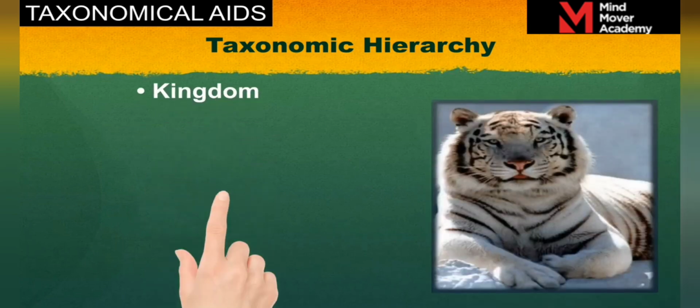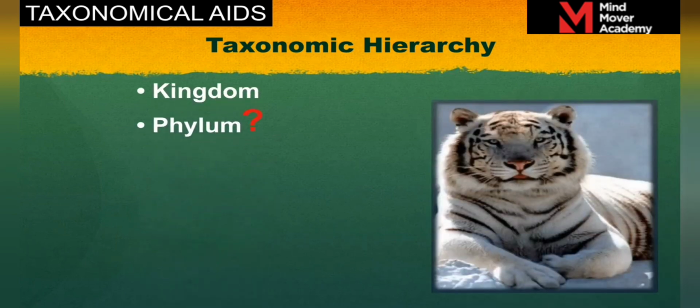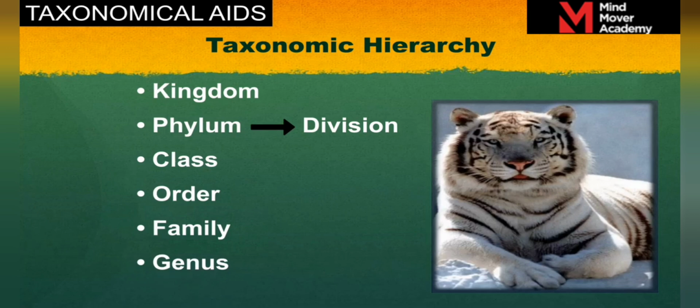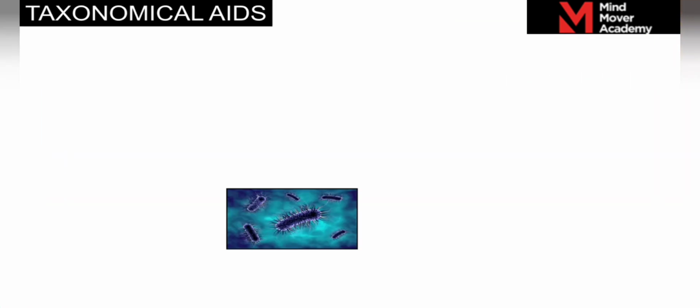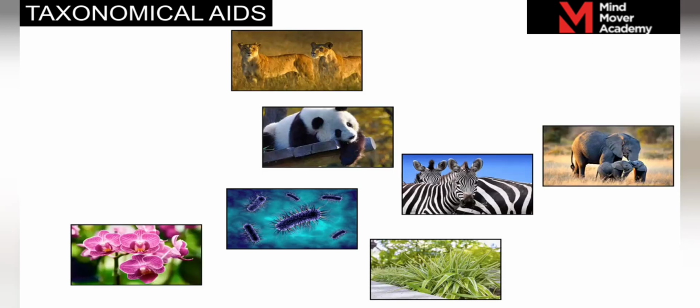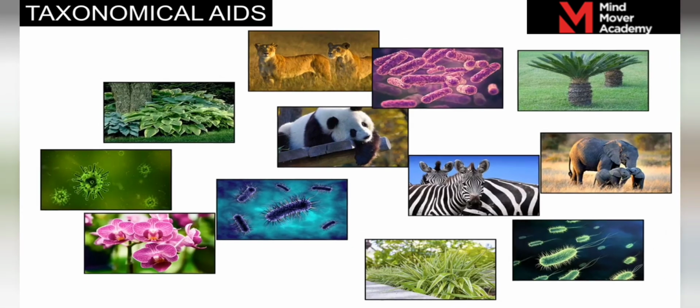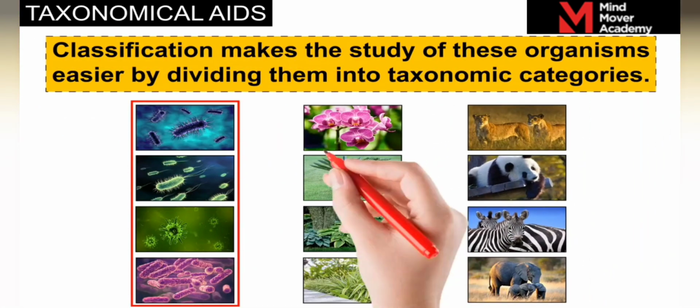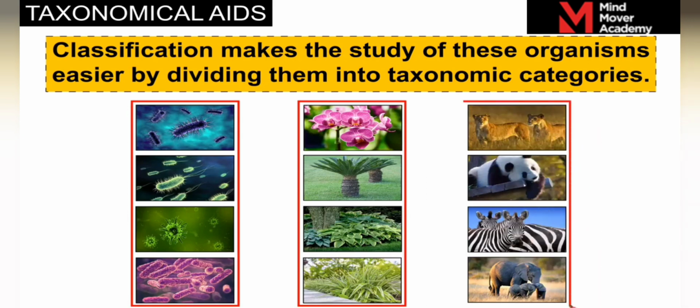Alright, so we had also adventured into the world of the taxonomic hierarchy. The head of this is the kingdom, followed by phylum, and phylum is also known as division. This is followed by class, order, family, genus, and last but not the least, species. The lower the taxa, the more common are the shared characteristics. Now, as there are billions of microorganisms, plants, and animals in our living world, classification just simplifies everything for us.